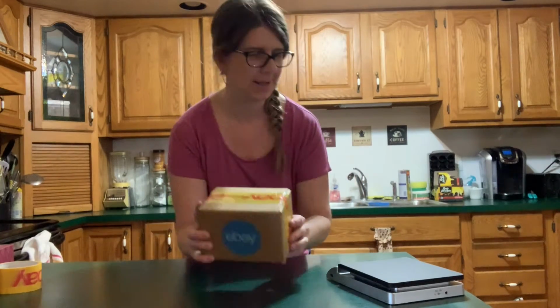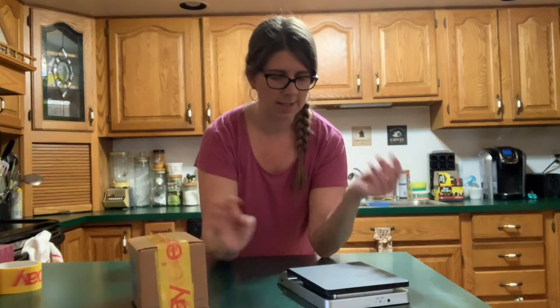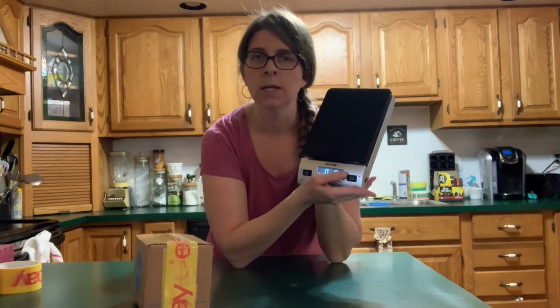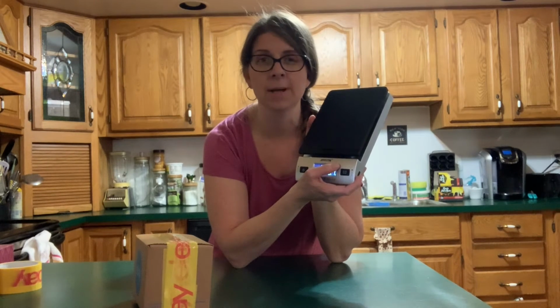So anyway, now what I do, just to double check the weight, I did already estimate the weight when I listed it and put a certain amount of ounces or whatever, but I'm going to weigh this again before I print the shipping label now that it's all packaged. And what I use, I have this scale, this ACCUTECK scale from Amazon. It was fairly cheap. The first one I bought was $13.77. And then I had to buy another one recently because the other one, all right,